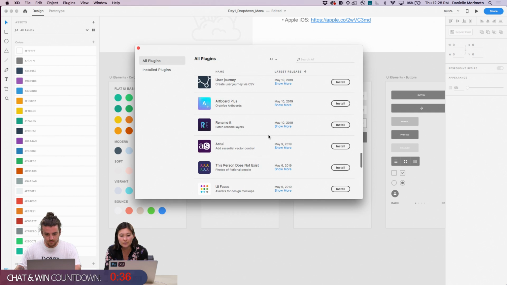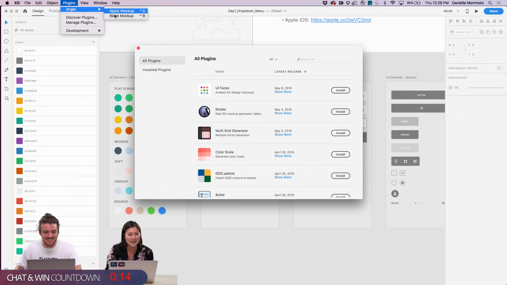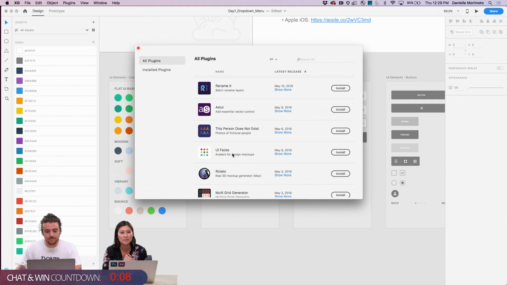One that I like is Angle, which basically applies your artboards to an actual mock-up within an iPhone, at an angle, and it does it all automatically for you, and you can update your design and it updates. Maybe that's one I should get, because I usually end up going into Photoshop. I think the last one I really used was literally Angle. But yeah, there's some fun ones to explore for sure. But that's a great question.